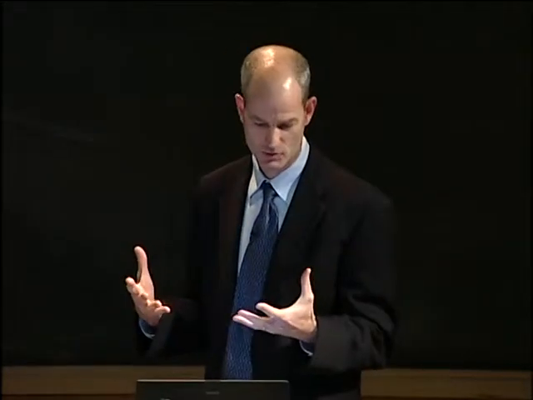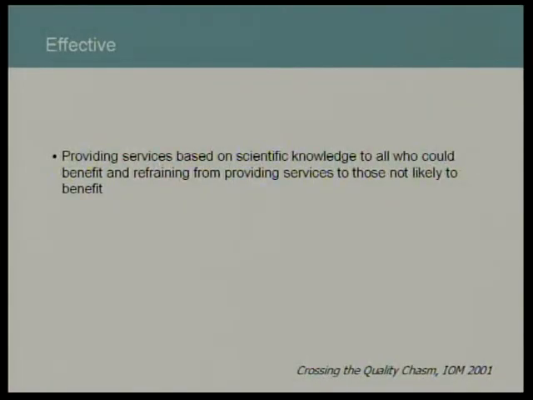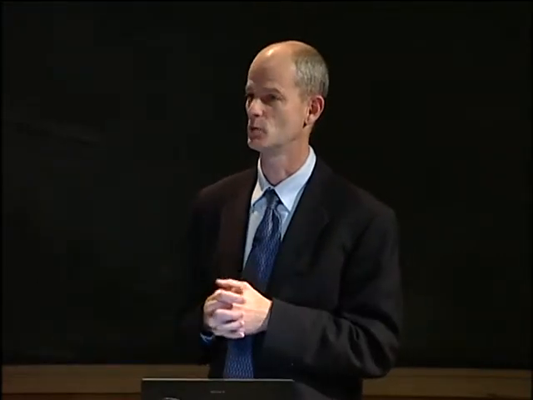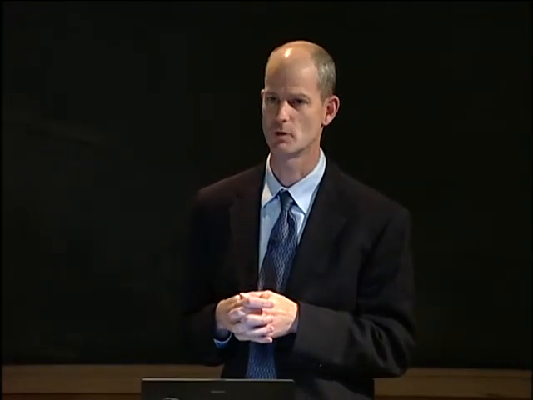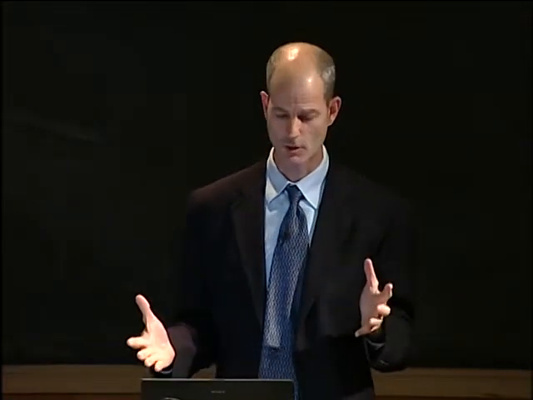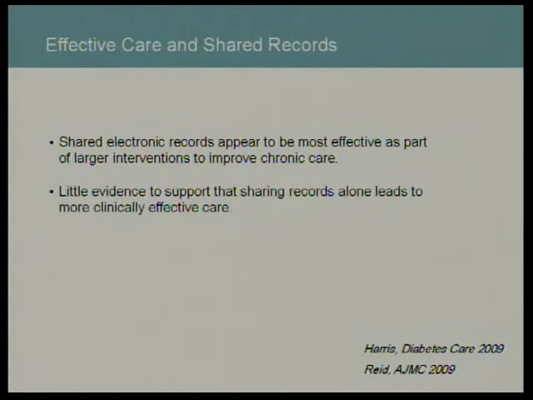So next domain for us in figuring out quality is care effective? Is using shared records effective? That means providing services based on scientific knowledge to those who could benefit and refraining from providing those services to those not likely to benefit. So these are the health outcomes we often think of, health and functional outcomes that we often think of as traditional quality measures. So far, with our data, it looks like shared electronic records appear to be the most effective